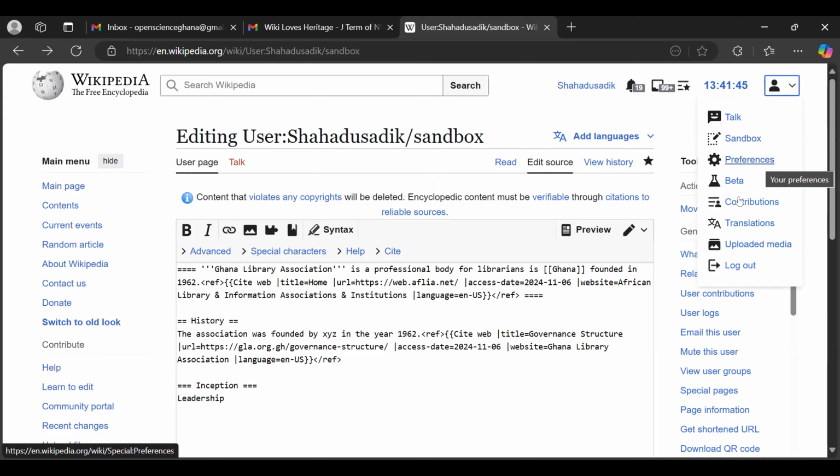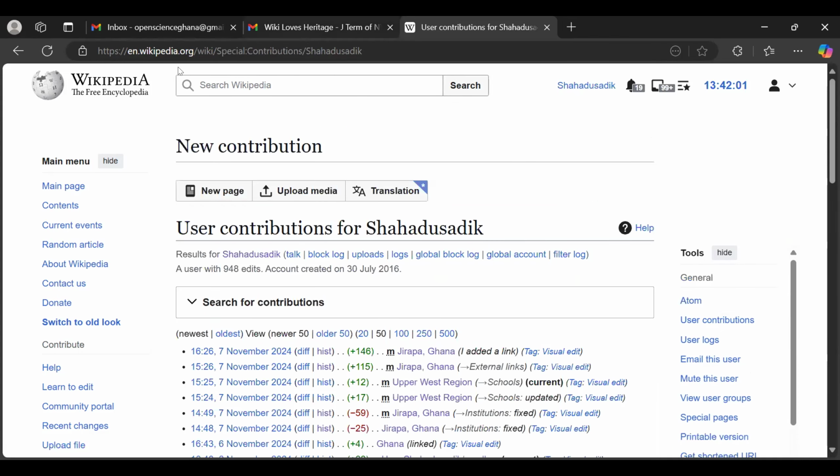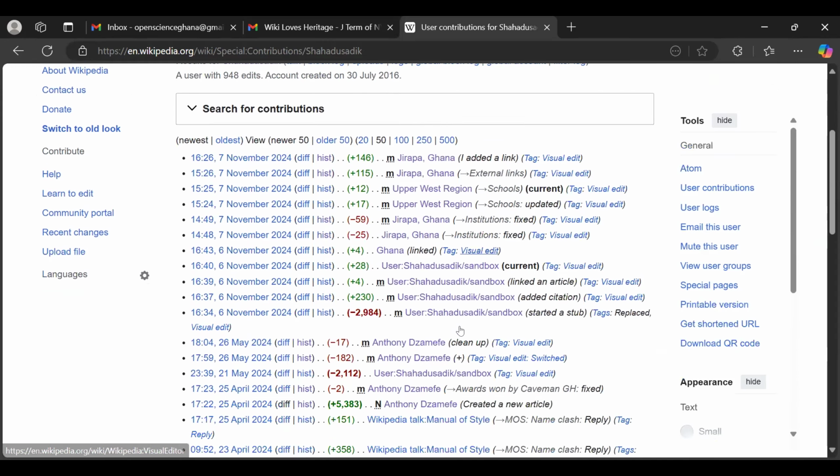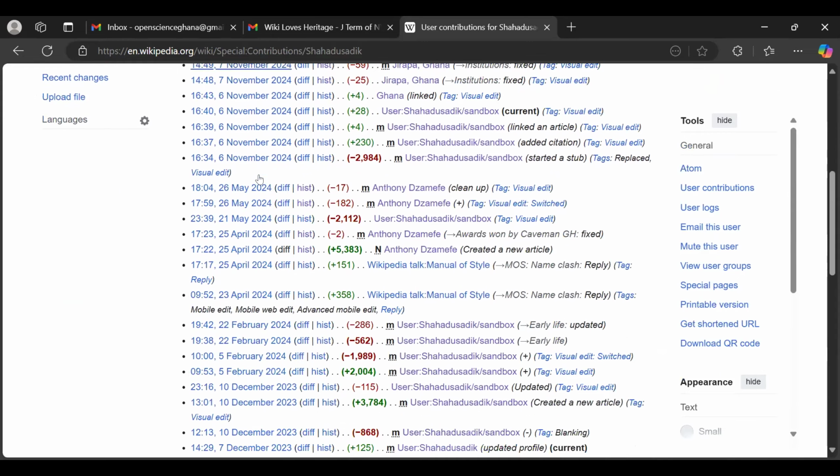We have contributions. So every time you make edits on Wikipedia, Wikipedia is structured in a way that any tiny edit you make is recorded. Even if you come back to delete it or revert it, people can still see the history. So the third edit that was made by the founder of Wikipedia can still be found. It's very easy to find. So if you look at my contribution, these are the things that I've done over the last few days.